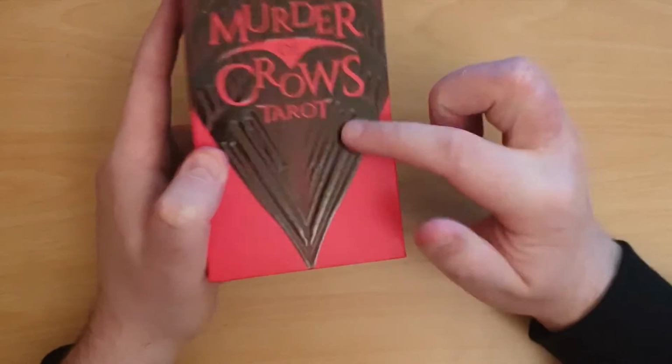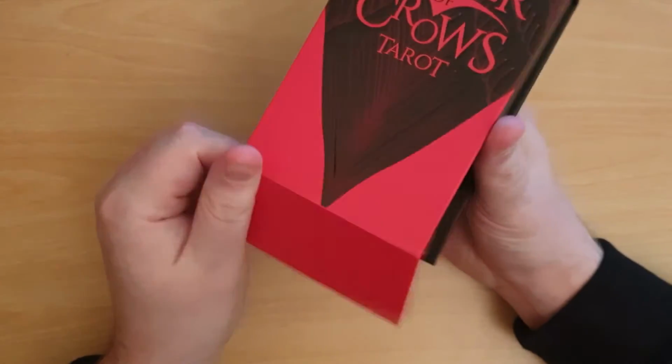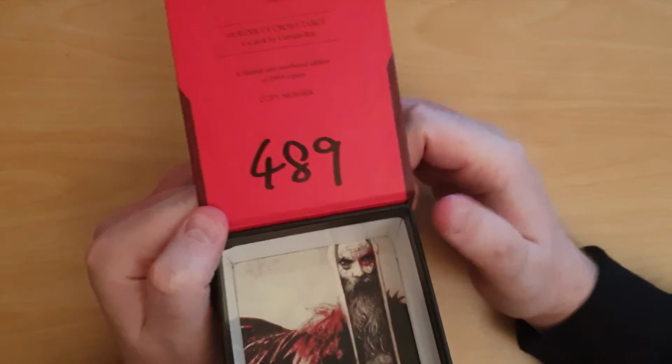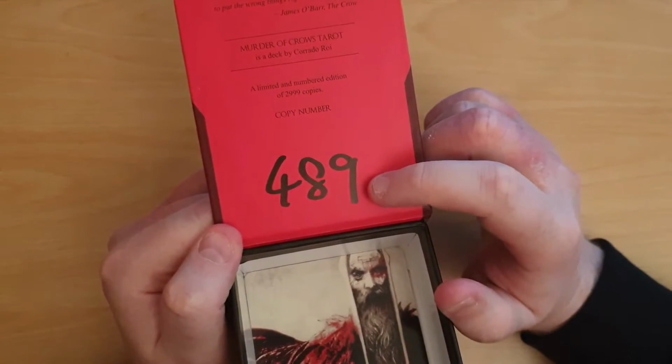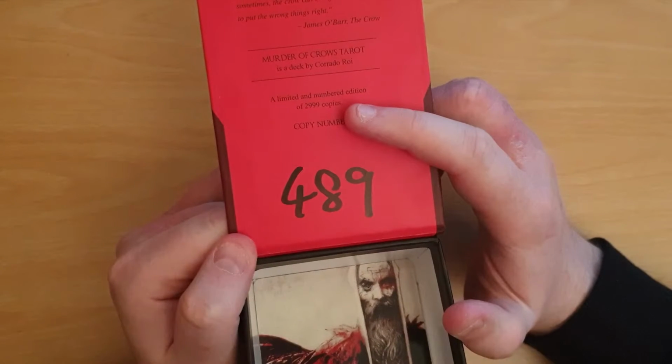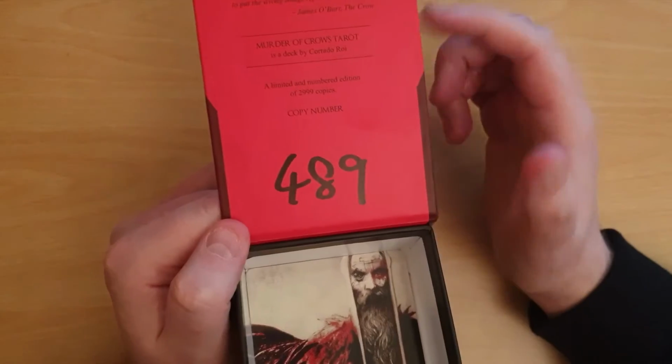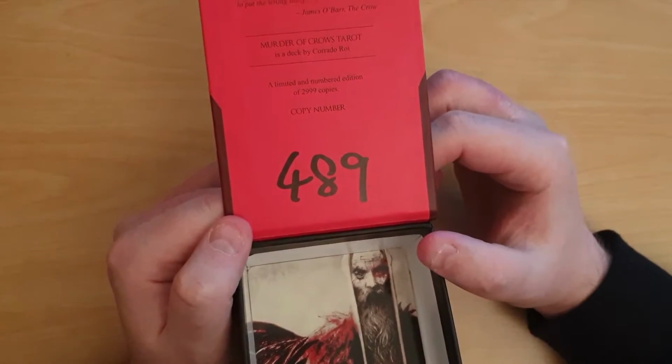So it comes in this lovely box, sturdy, magnetic, flips open like this. You can see I've got number 489, and they made 2,999. I wonder why they didn't just make 3,000. But anyway,